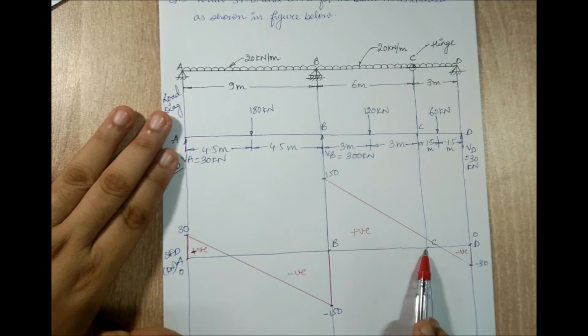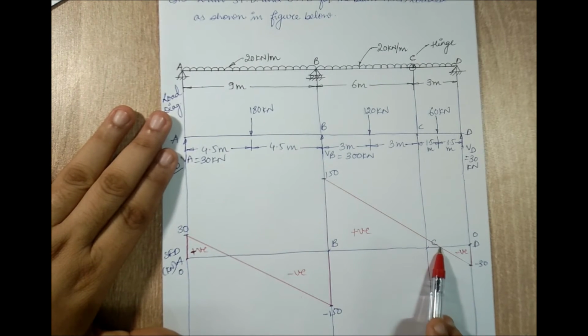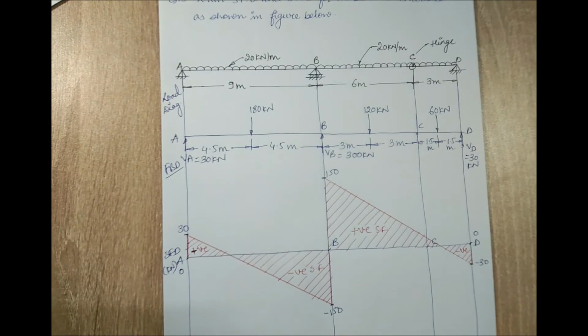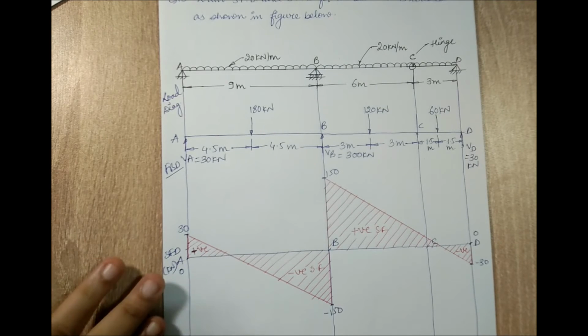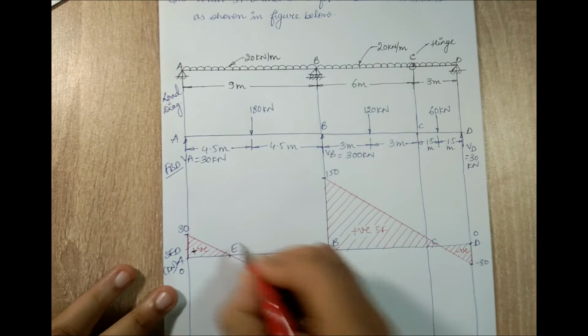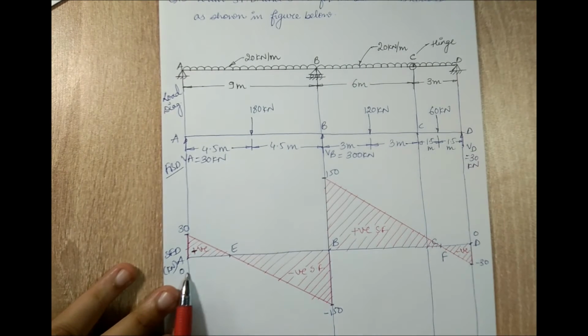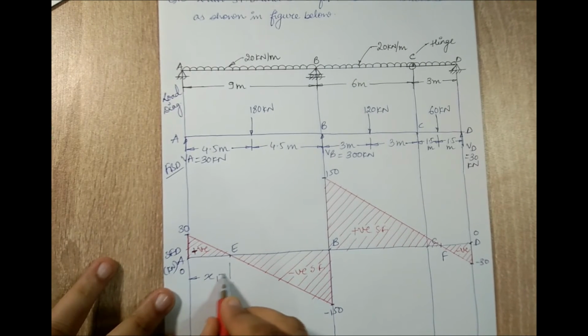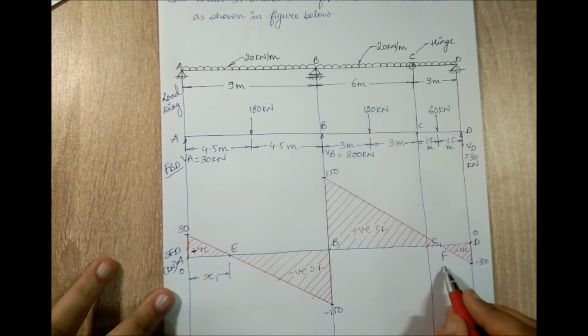Now here you can see the C point is here and this line is cutting the neutral axis somewhere ahead of C. So I'll just draw the hatching line. So this is my shear force diagram. Now I can calculate these distances over here, A, B, C, D. So I'll call this point E and this point F. You can calculate these distances A to E over here. I label it as x1 and this portion C to F, let me call this portion x2.